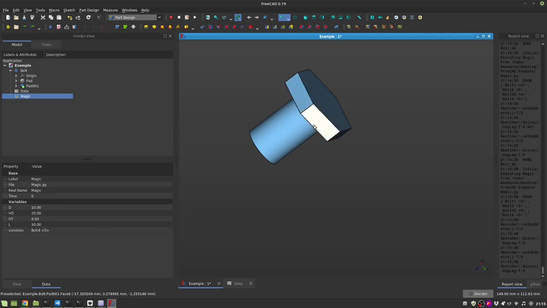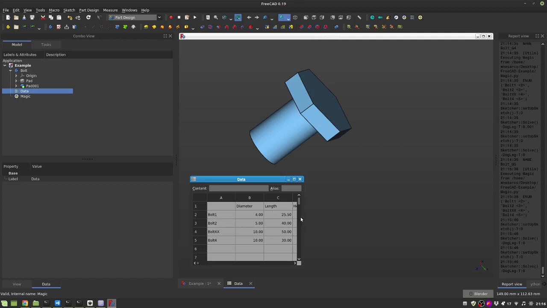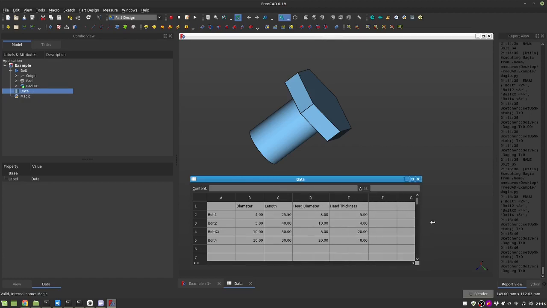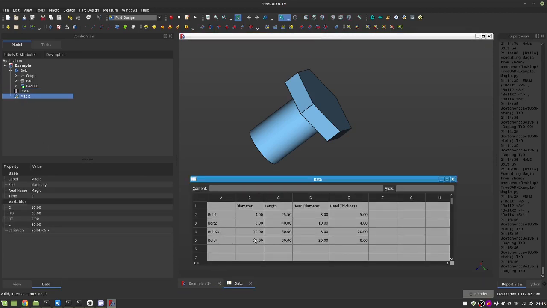Okay, let's continue. We have our parametric model, we have our data, and everything is bound together. Bolt 4, 4. If I change here, for example 8, it will update. Okay, what we want now is to generate the 4 models based on this template. So the thing is, in the script object